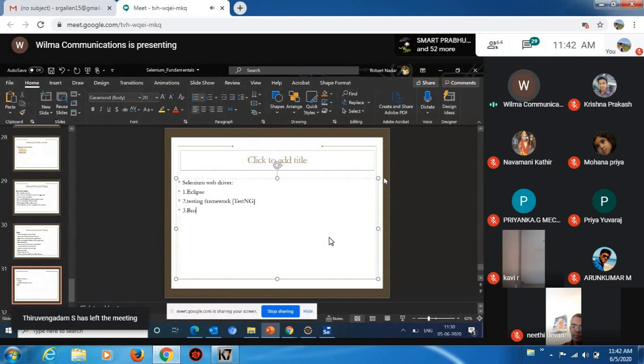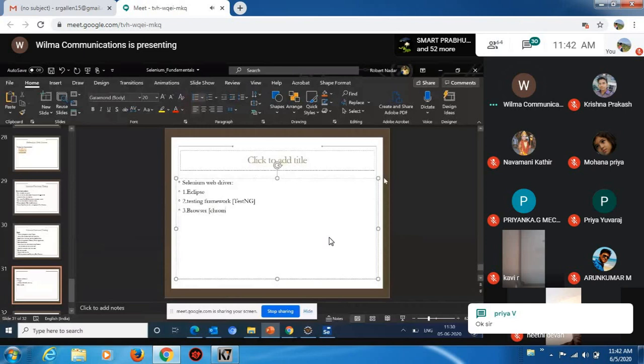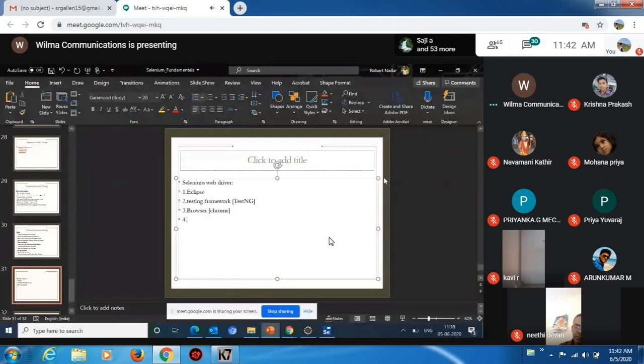I'm going to use the browser called Chrome. Number four, we need all the libraries, or all the Selenium jar files. These are all the basic things required to create one Selenium WebDriver code inside Java Eclipse.